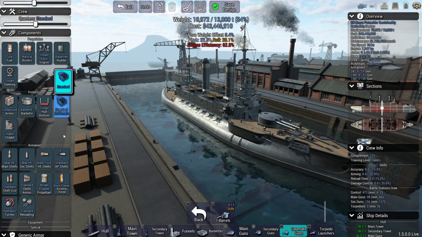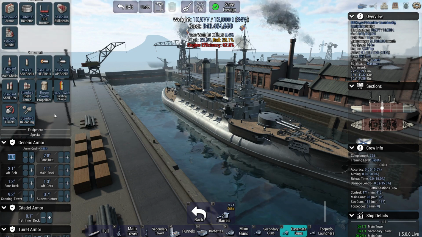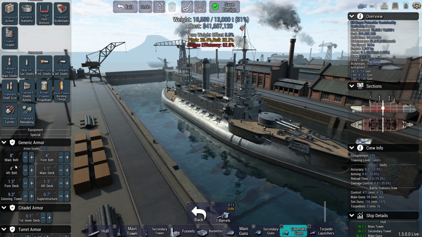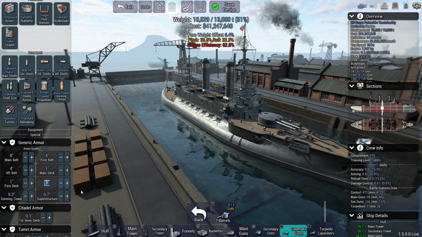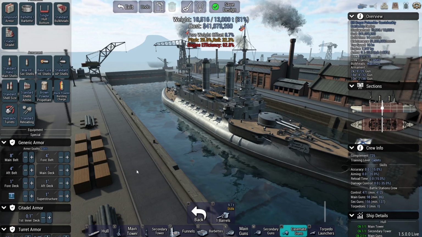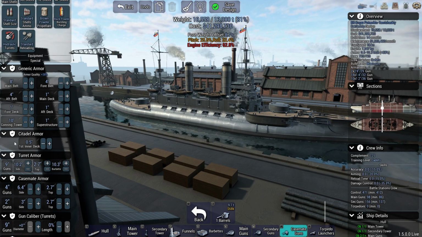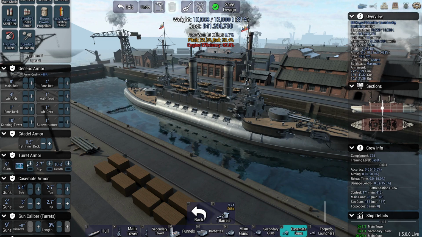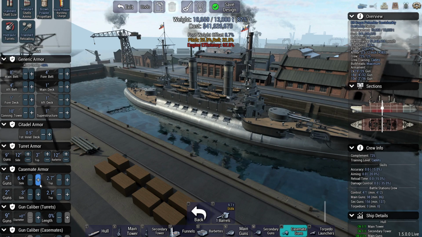Now, these ships are not going to be particularly well armored. They are not meant to be the end-all be-all class of ships. So we're going to go with an 8 main, 4-inch fore and aft belt, 1-inch main deck, and 1-inch deck across the board, 1-inch superstructure, and then we'll go with a 10-inch conning tower. Let's go ahead and do a half-inch citadel inner deck, and then let's go ahead and do 12, 12, 3,